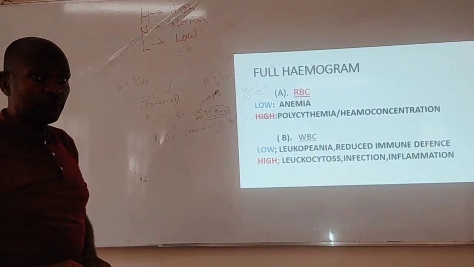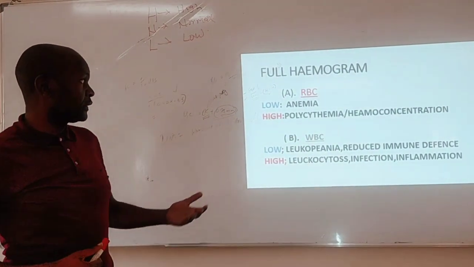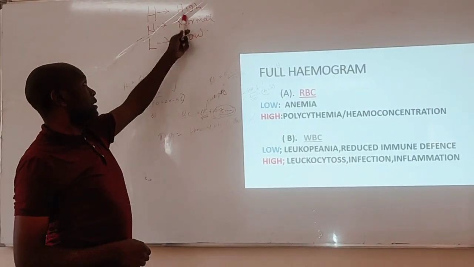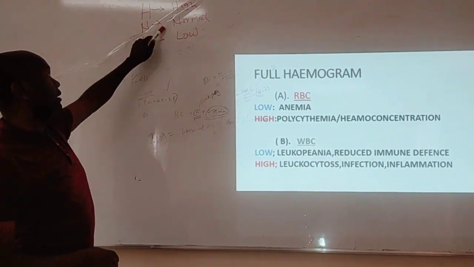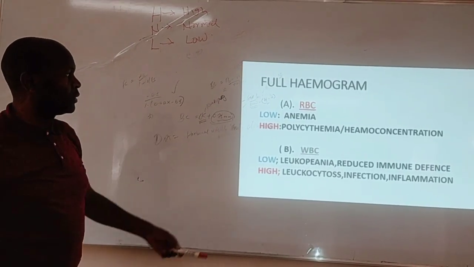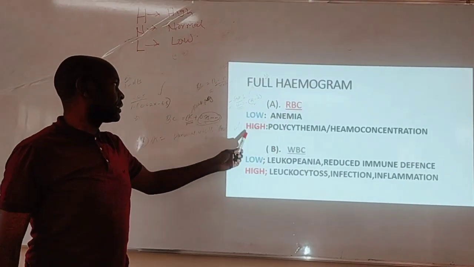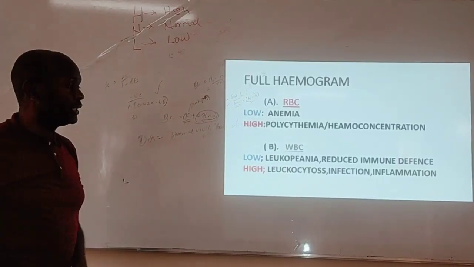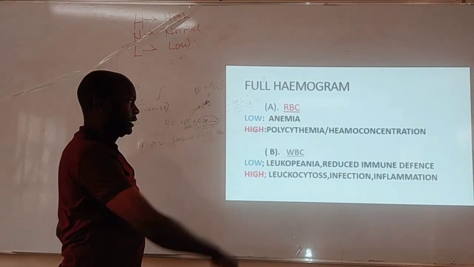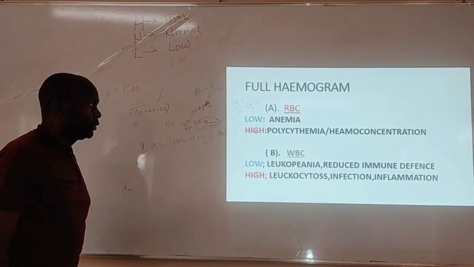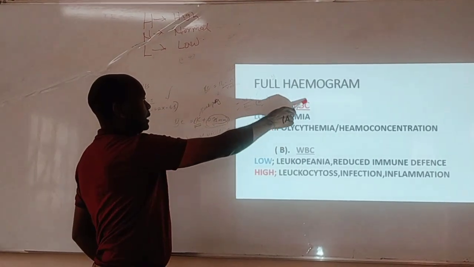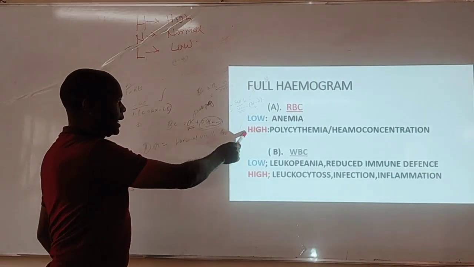So when you do a full hemogram, after analyzing the blood cells, the results just indicate one of three: it can be either high, normal, or low. So if the red blood cells are low, then it means we are talking of a condition we refer to as anemia. And when you do a full hemogram test and the result of your red blood cells is high,